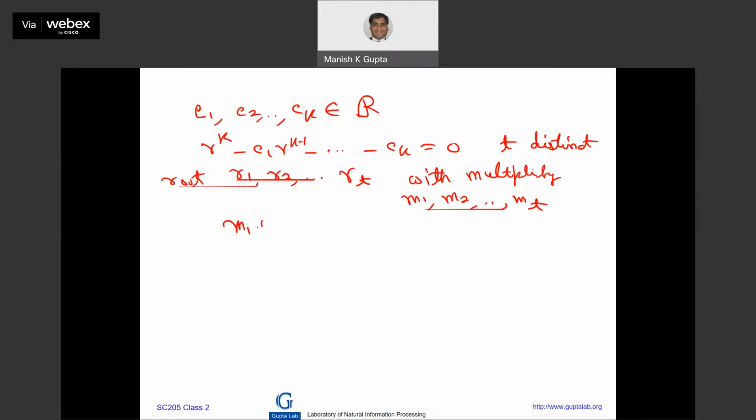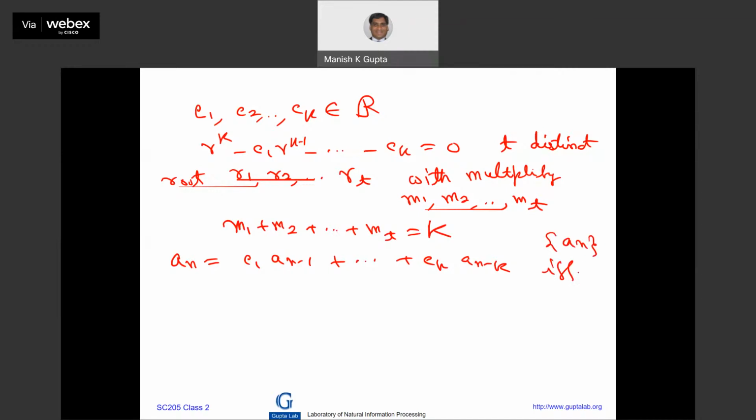Certainly, m1 plus m2 plus ... plus mt is equal to k, because that has to be the total degree. Then the recurrence relation an is equal to c1 a(n-1) plus ... plus ck a(n-k) has an as a solution if and only if